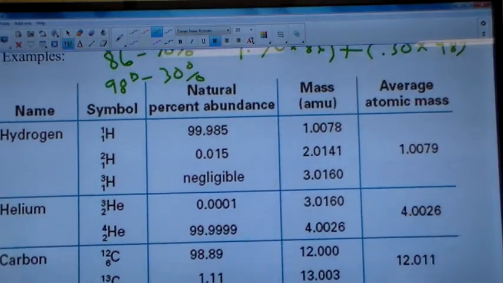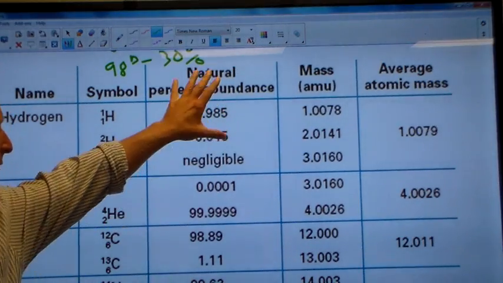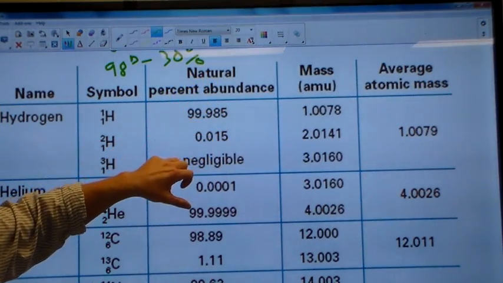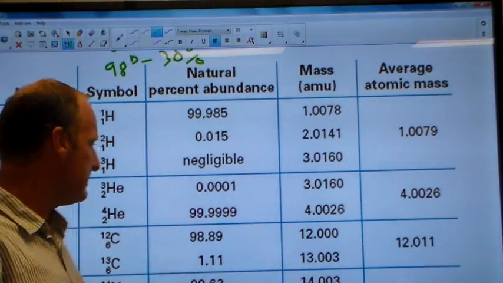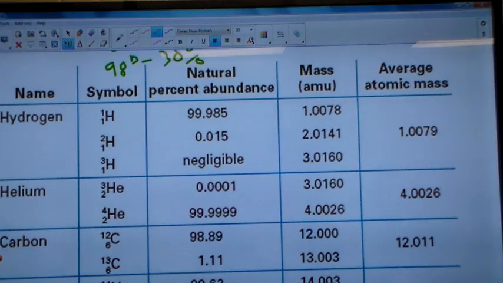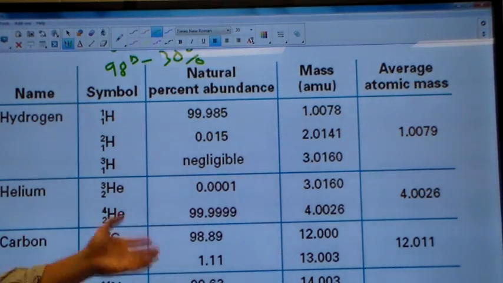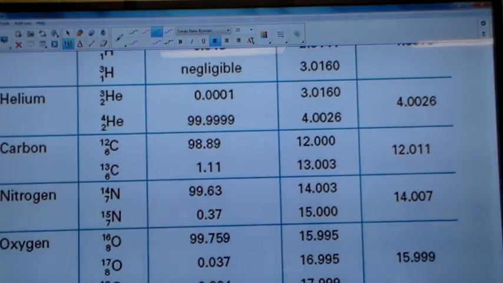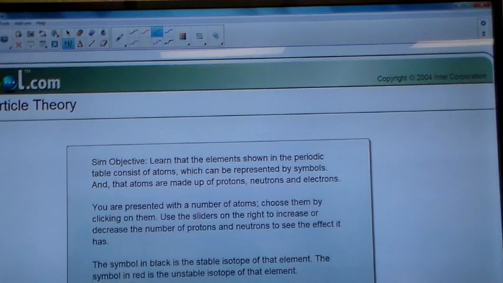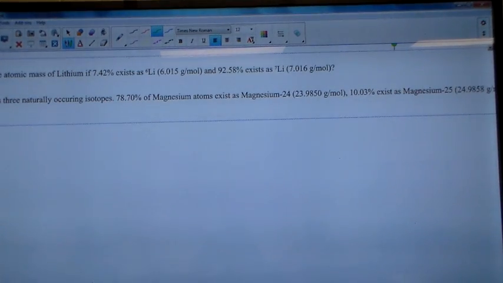So let's apply this. How do we get all these numbers? You know, this is the natural percent abundance. Okay, that's the percents. This is the average masses. So in carbon in nature, pretty much we find carbon 12 and carbon 13 isotopes. When we calculate the weighted average, we get the average 12.011, and that's what's listed on the periodic table. Same thing for oxygen. So you must be able to calculate the